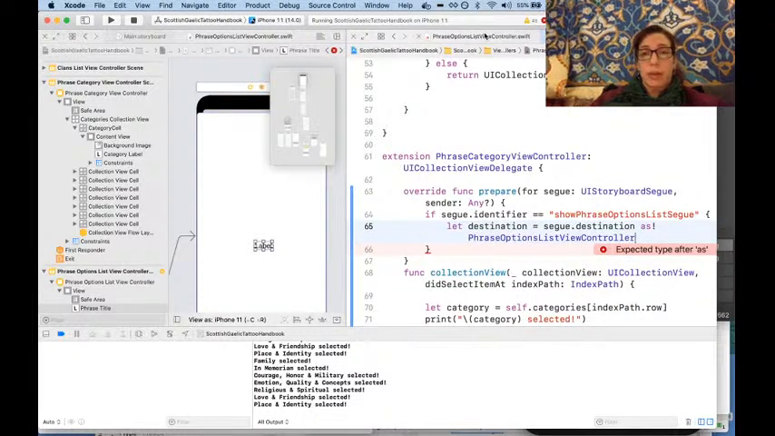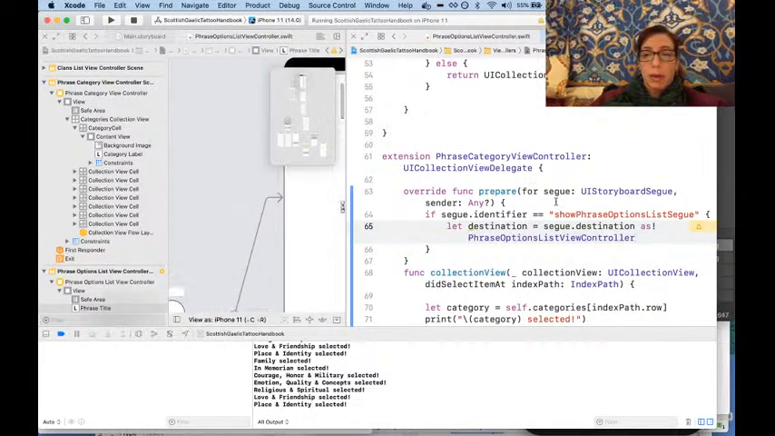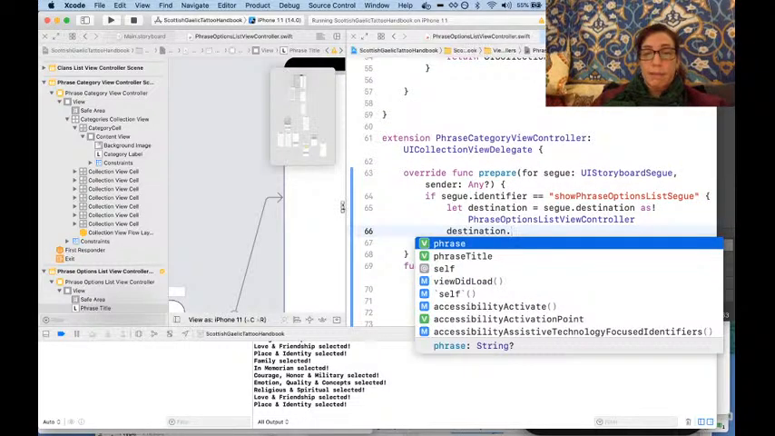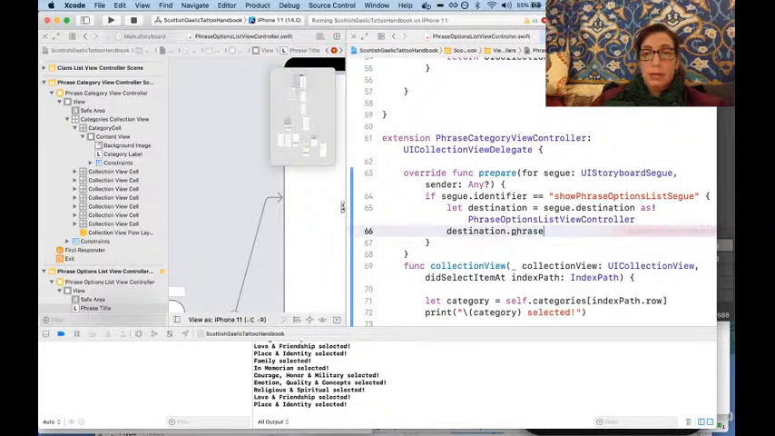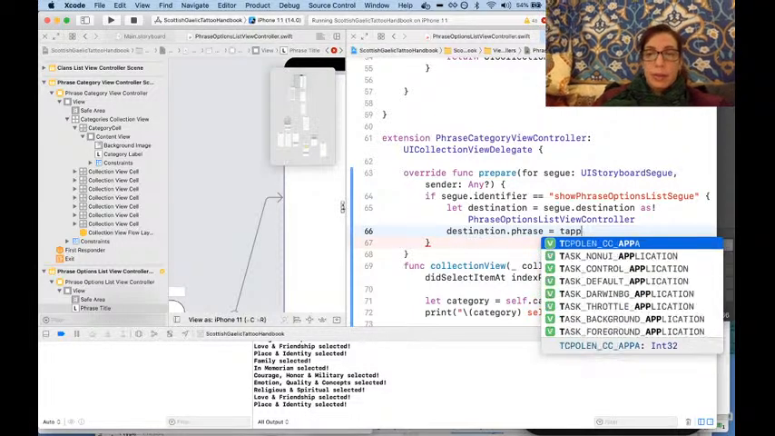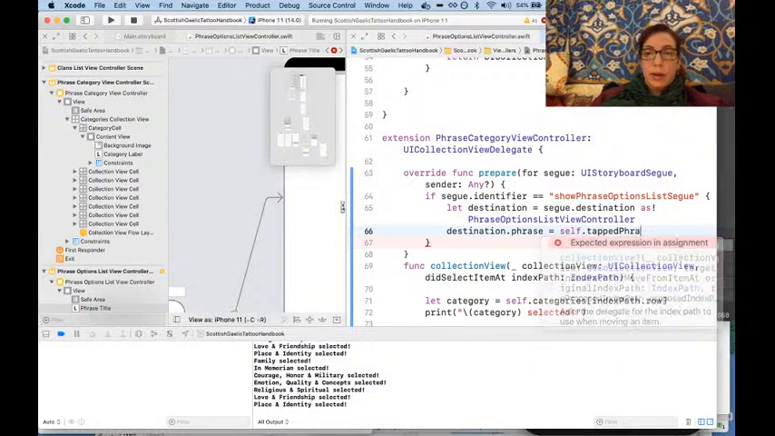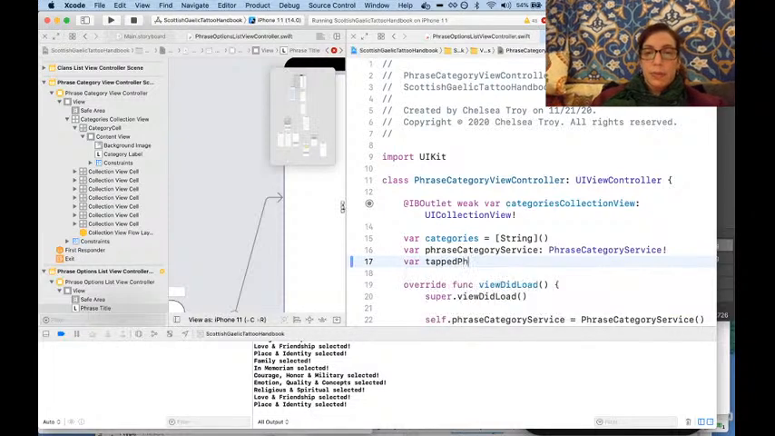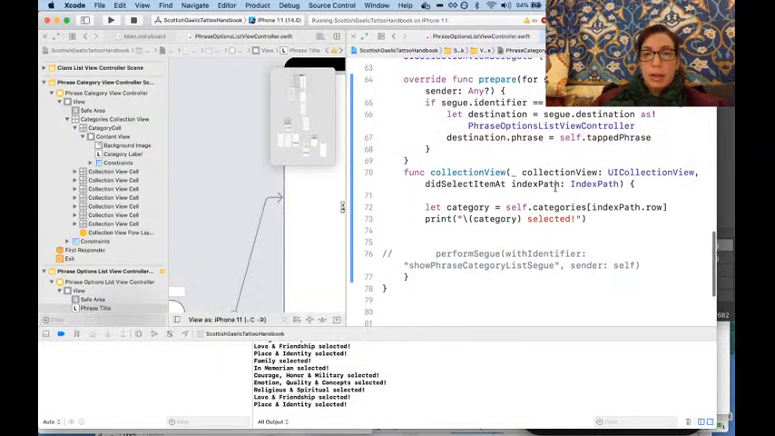We are in fact sure because here we are on the storyboard and that's the only place that this segue goes to. So, destination dot phrase is going to equal self tapped phrase. And we're going to come up here and say var tapped phrase. And we're just going to set it to an empty string at the moment. And then right here, we're going to say self.tappedPhrase equals